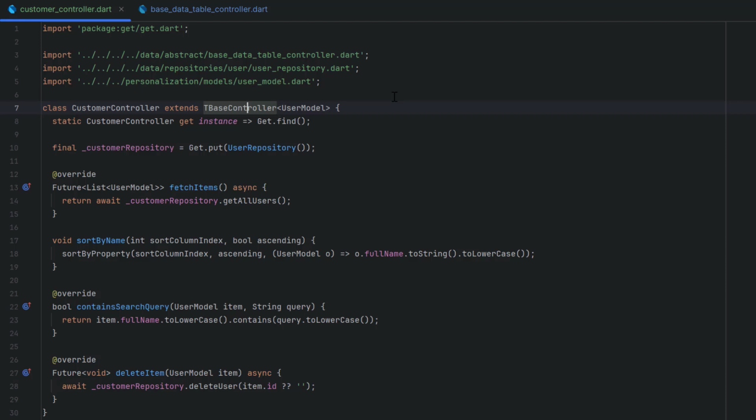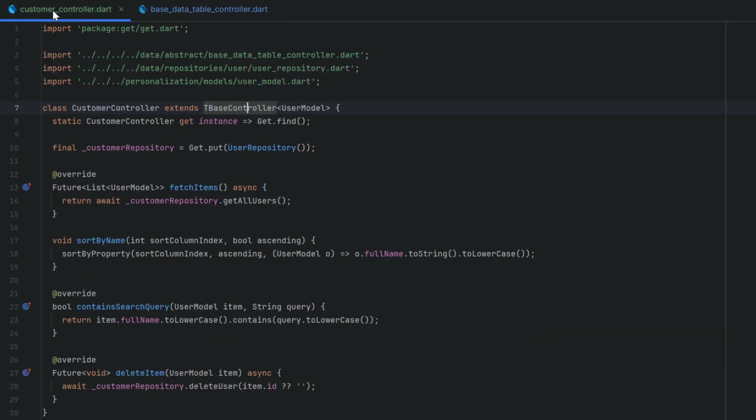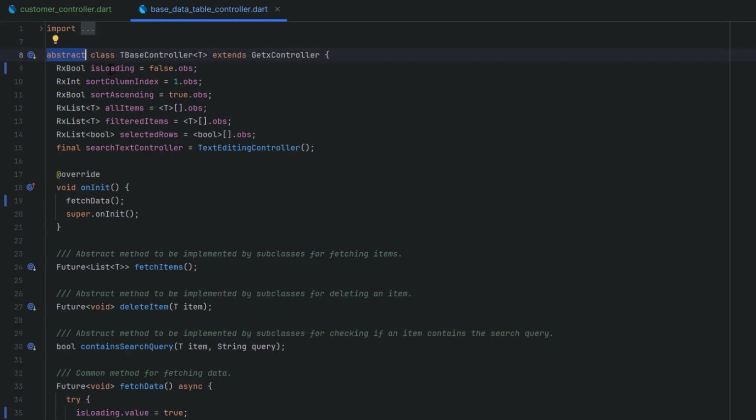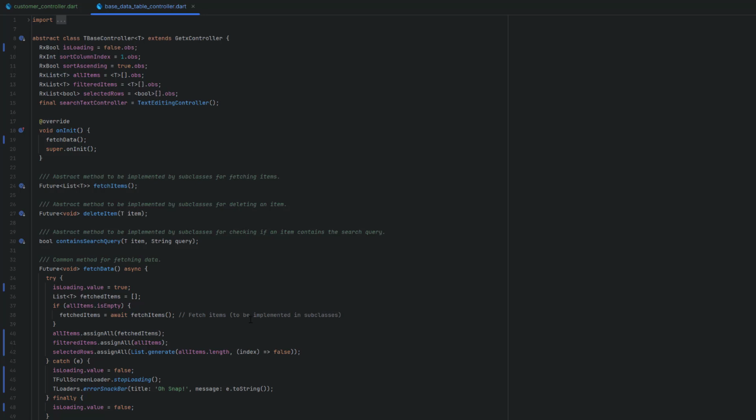As we implemented inheritance, we covered this base controller, which is an abstract class, in detail in this same section, which is the last section. I think it's the fifth video of this section. If you want to watch that, I'll drop the complete playlist link and also the section links separately down below in the description. So this child class is able to access all the variables and all the functions of the parent class, right?